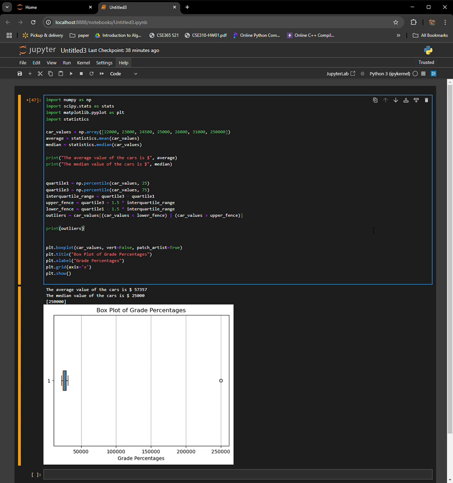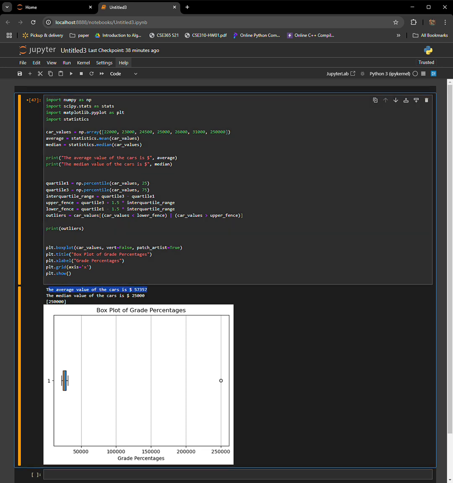So taking a real world example, let's say you had a group of friends and you took the value of each of their cars right here. And as you can see, most of the values are within the $20,000, $30,000 range. However, there is one member who has a $250,000 car. So that outlier changes the average to a much higher number, which can be seen here when